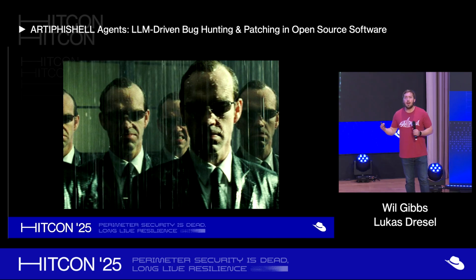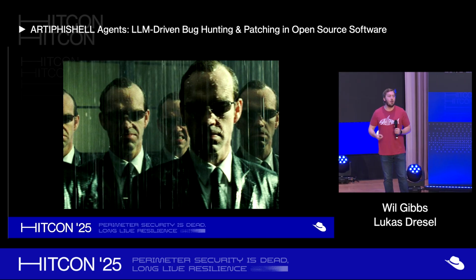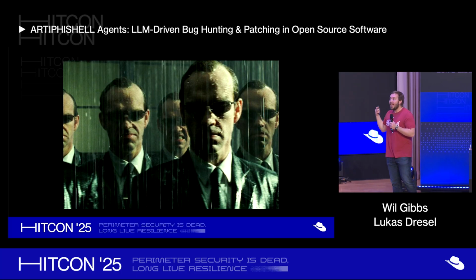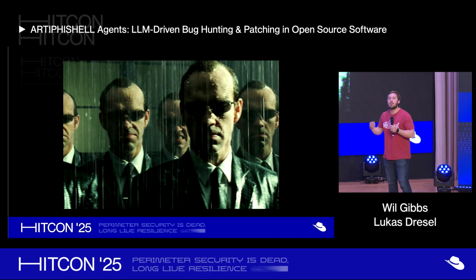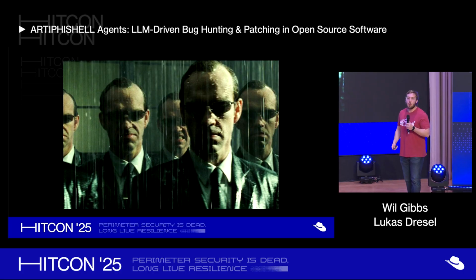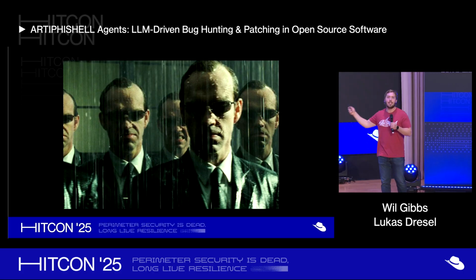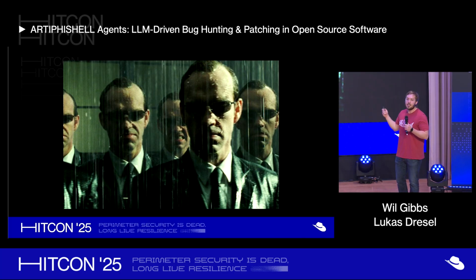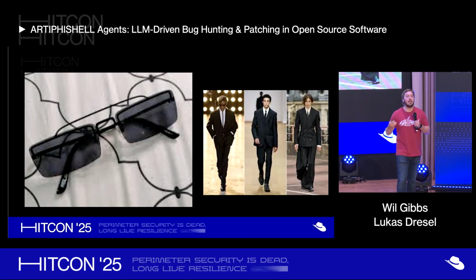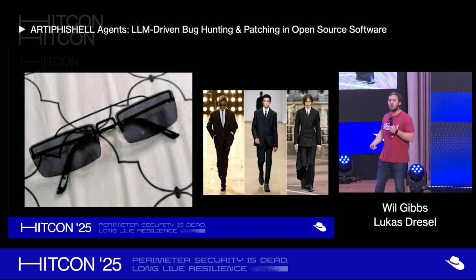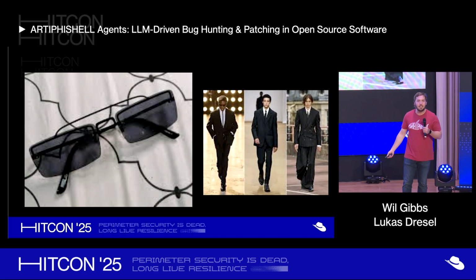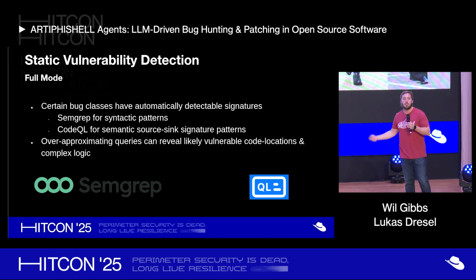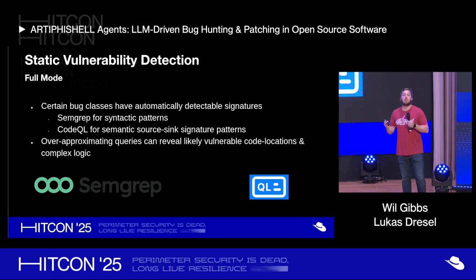Obviously, when you have a large project like the Linux kernel or nginx or SQLite, it's difficult to find bugs in hundreds of thousands, if not millions of lines of code. We're looking for the agent Smiths, the bugs that exist in that code. But it's really difficult to find them. So we need to start off first by narrowing it down. And how do you find agent Smiths? Well, first you start off looking for guys with sunglasses or guys in suits. And that's kind of what the first aspect of our pipeline was about, which is static vulnerability detection.